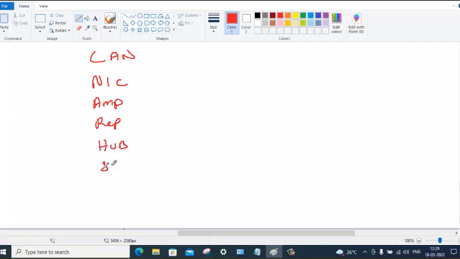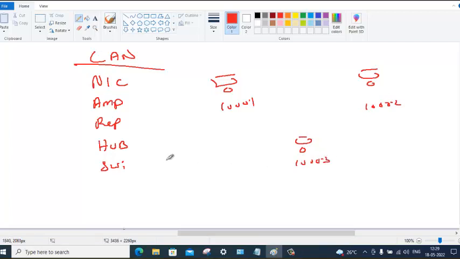All these devices are local area network devices. Why? If you have computers with 10.0.0.1 and 10.0.0.2, you can use a switch or a hub to help them communicate. It's a LAN device.